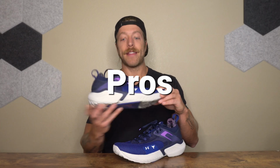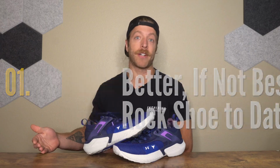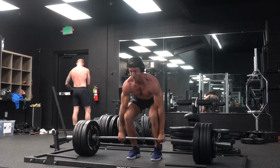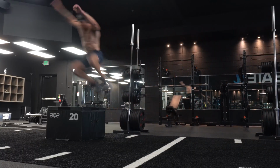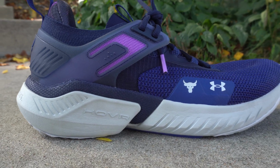So three pros that I have with the Project Rock 5. Number one, honestly, I think this is probably the strongest performing Project Rock shoe to date. When lifting heavy, doing explosive work, or doing more versatile training, where you're doing some sprints, blending in some lifting and some plyometric movements, this model has performed pretty well. You get a nice level of reactivity from this hover midsole, and as a whole, the shoe feels really good